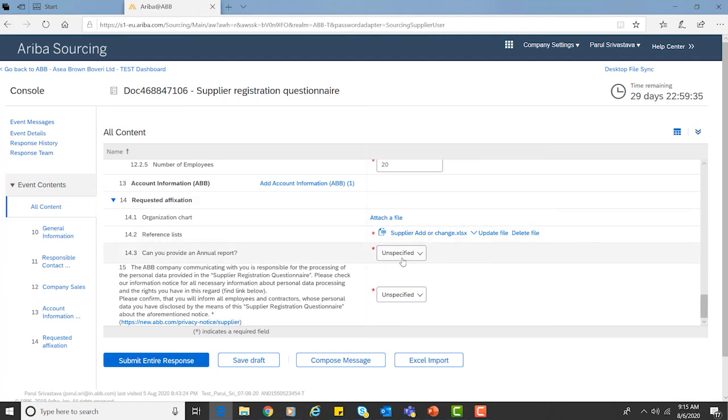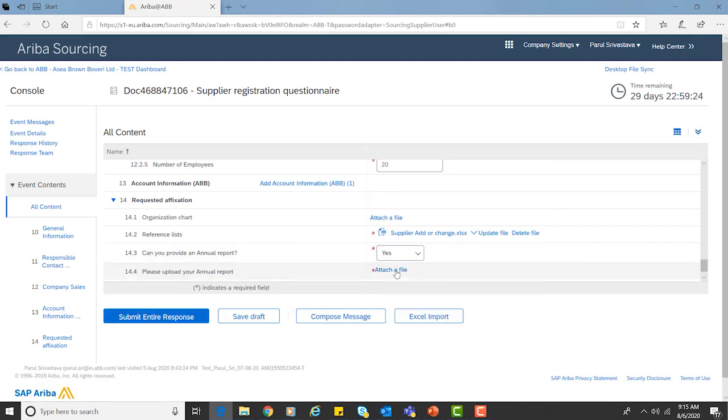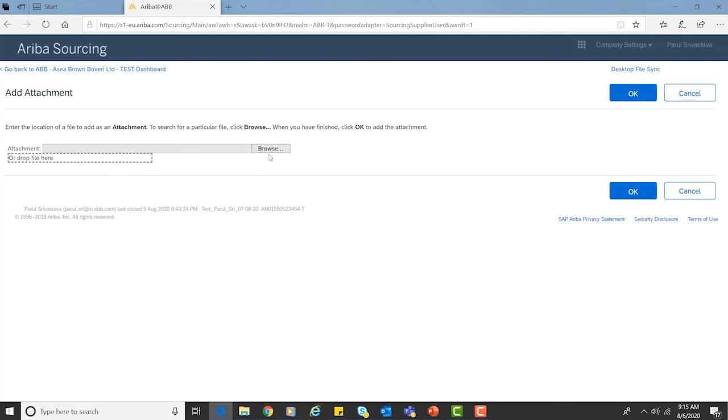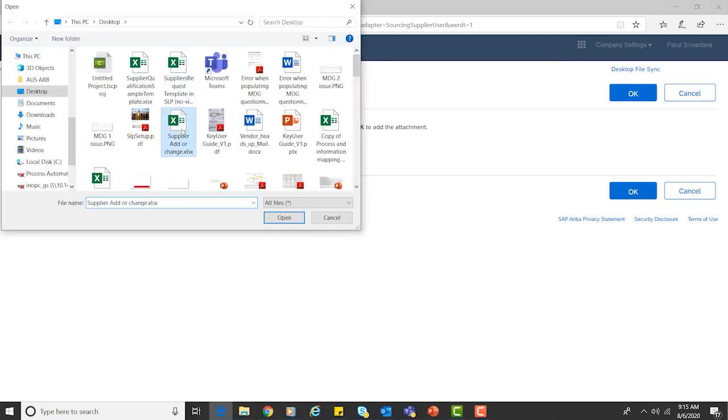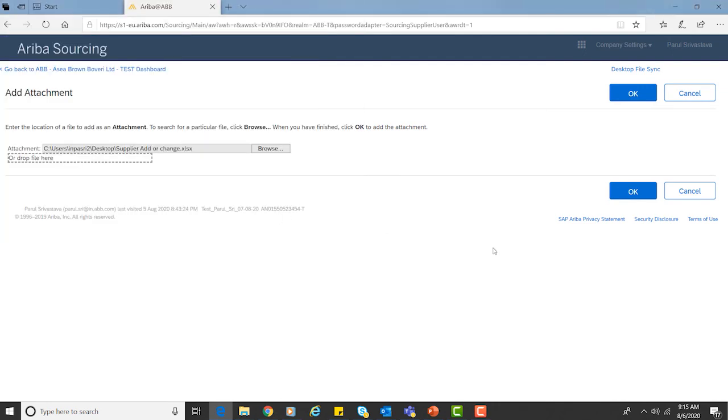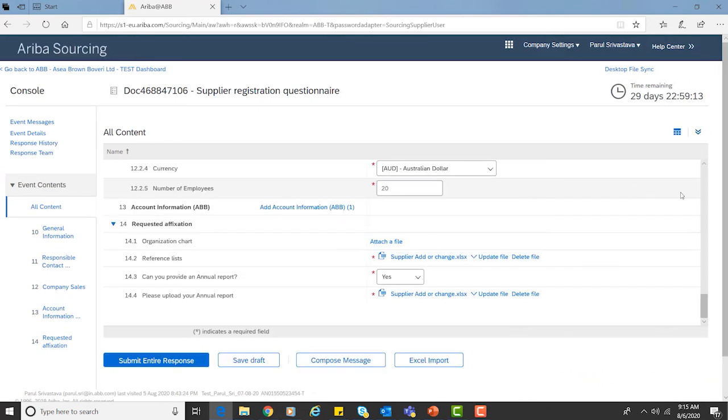Okay, it has been added. Then it will ask you, can you provide an annual report? Say yes and attach a file. Same way I'll do this. Okay, and say okay. Done.